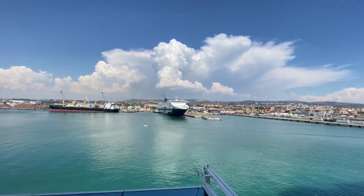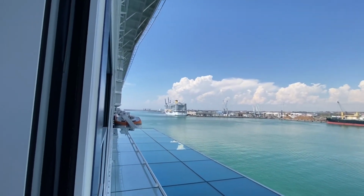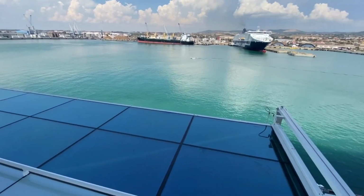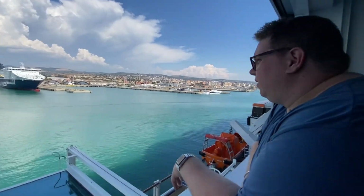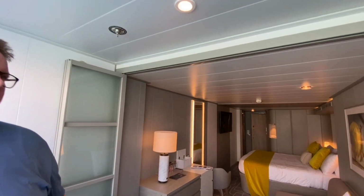It's not like a traditional balcony. You can see that it's kind of like... We are just above deck 5. So this is deck 5, it's just there. But that's okay, it doesn't obscure our view, which is fine. I think the only downside I can really see initially...